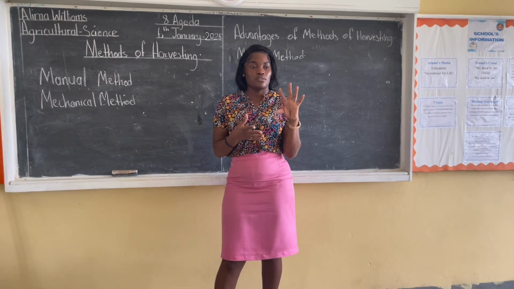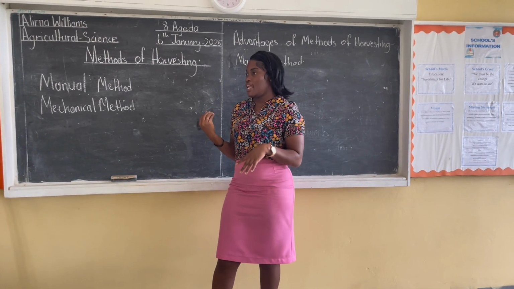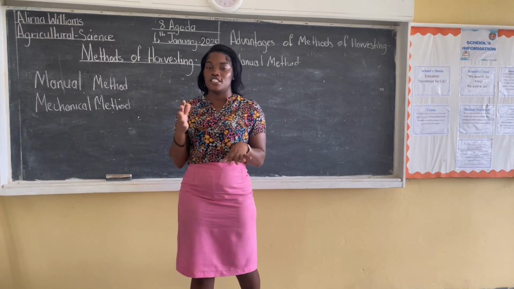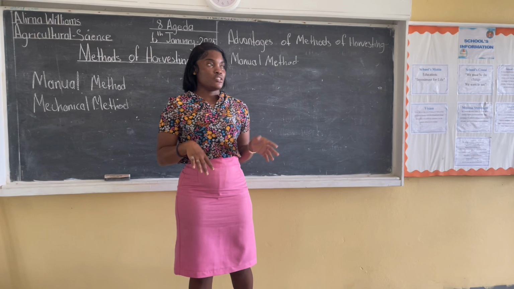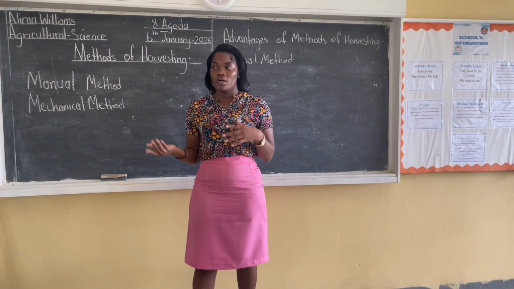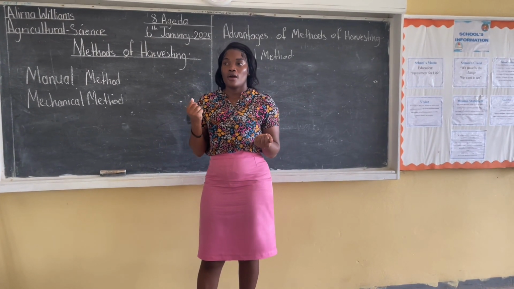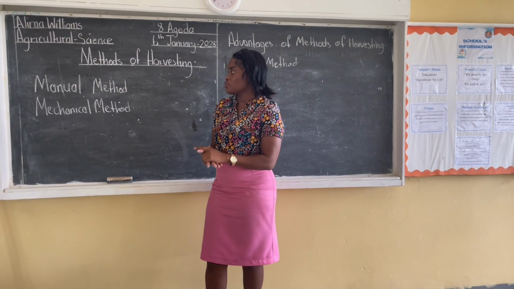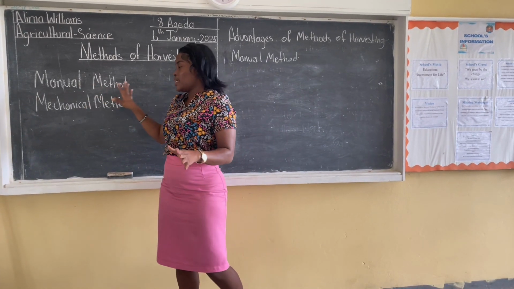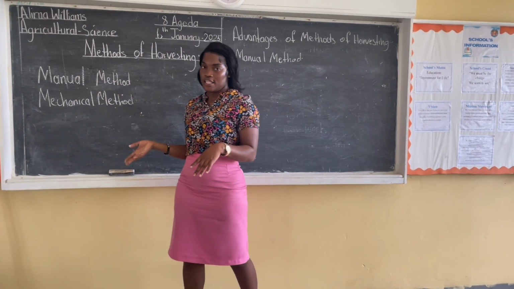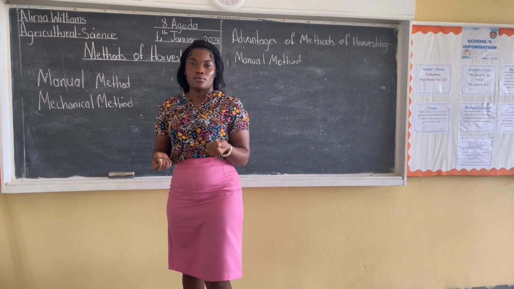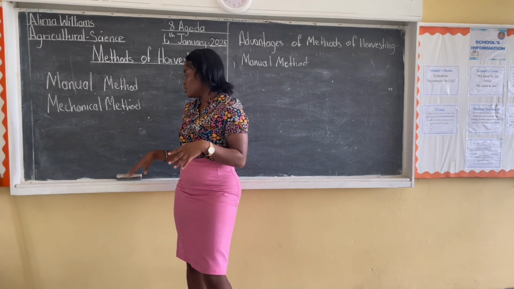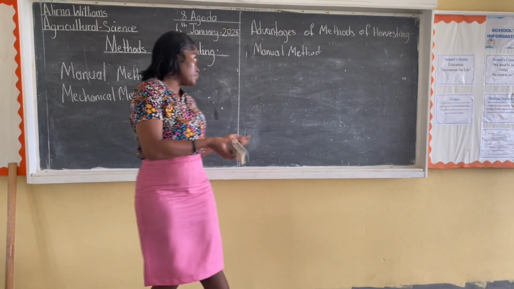So you're going to brainstorm that, and you're going to explain, and I also want you to do a little demonstration as to how we can harvest these crops. In your little group, you're going to brainstorm with one another, and then you're going to stand one at a time. Each group will come and present how we can harvest these crops using either the manual method or the mechanical method. After that, good. While you're doing that, let's do our little conclusion. Let's sum up today's lesson.